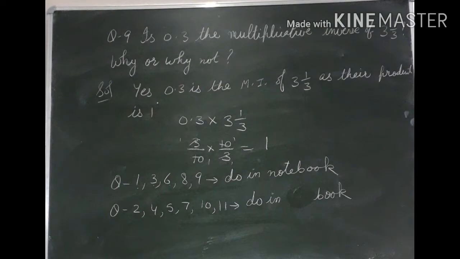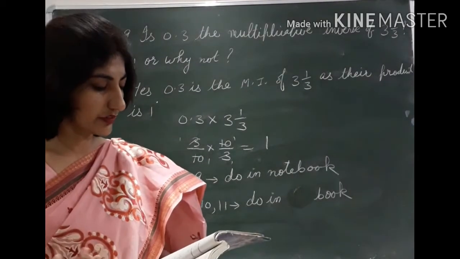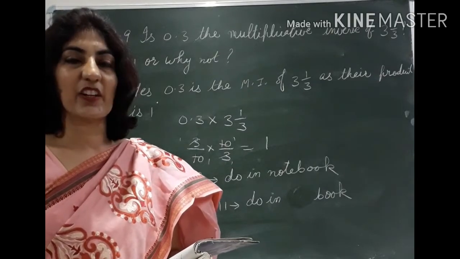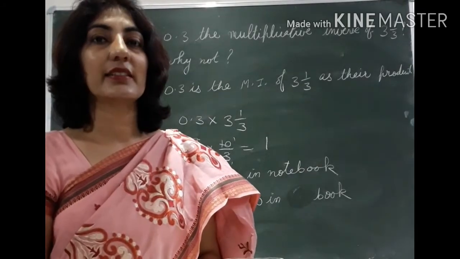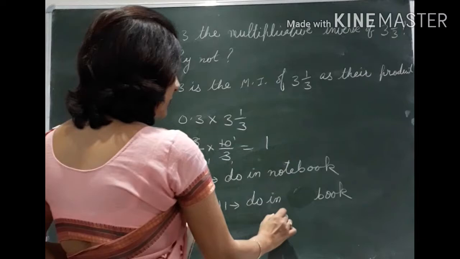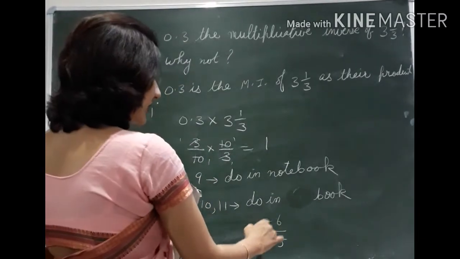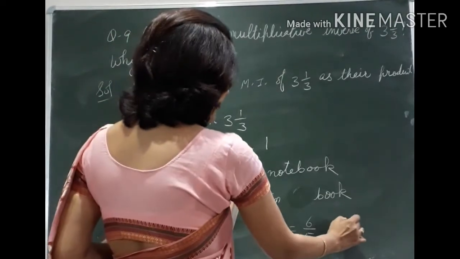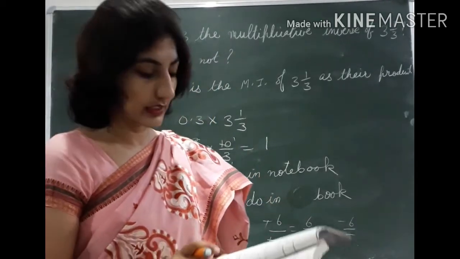Now question number 2 is write the additive inverse of the following. So additive inverse means you have to write the negative of a number. The first part is 2 by 8, its negative is minus 2 by 8. Second part is minus 5 by 9, if I do its negative it will become plus 5 by 9. Third part is minus 6 by minus 5. Is it a positive or a negative rational number? See, this minus cancels. It is a positive rational number. So its additive inverse will be minus 6 upon 5. So this way you can do the remaining parts. Answers you can write directly in the book.